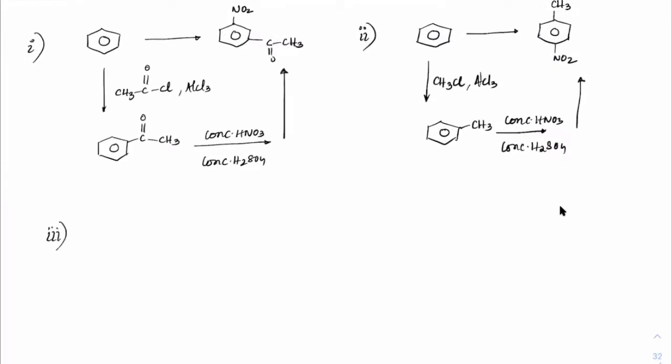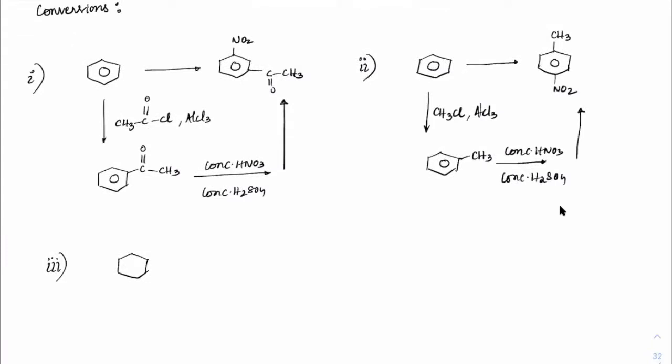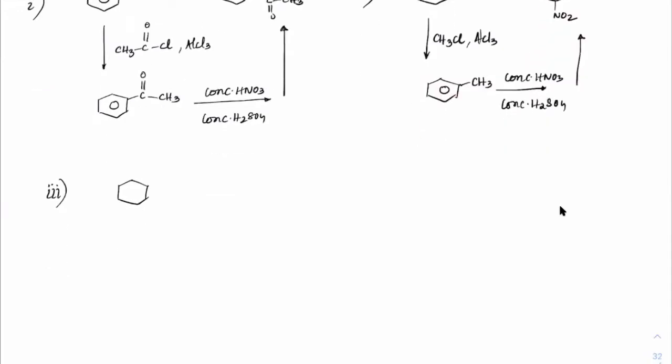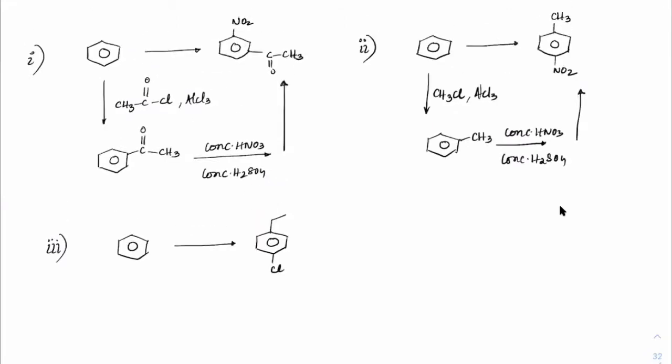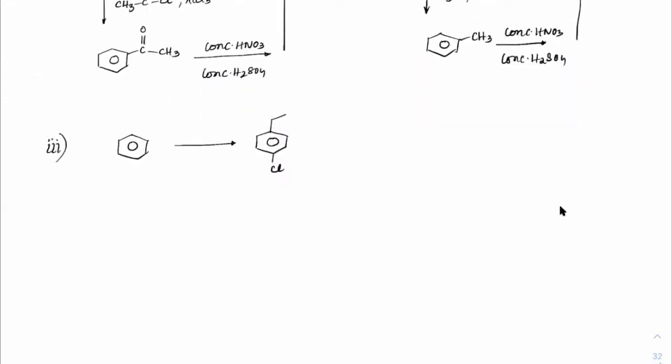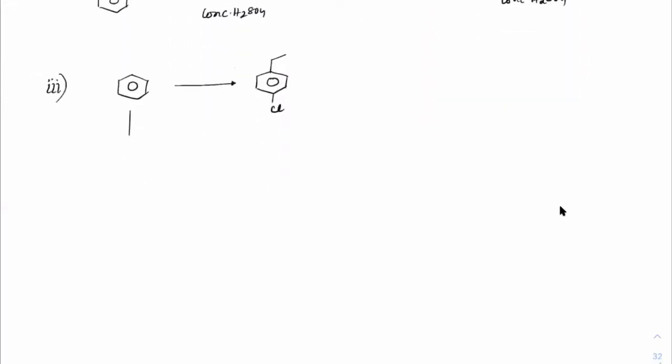Third. Suppose I want to make it even more refined. Now I say, okay, this is not even the best possible route. Let's say I will try to go with one more way. Suppose I want this chlorine here, correct? Now tell me what is the best possible route here. I am trying to get it even more refined than this. See, the more refined form is to first do acylation,